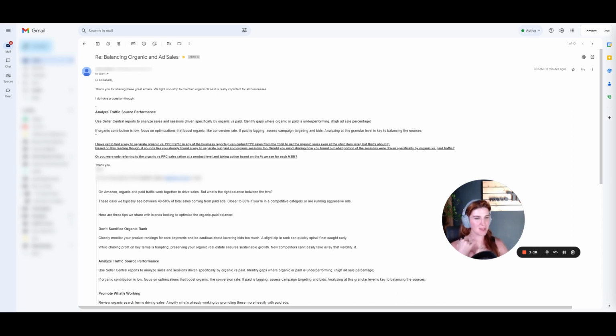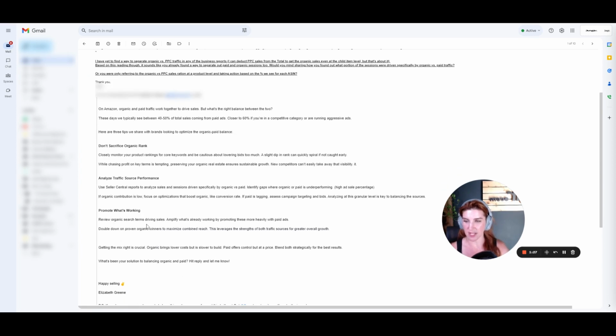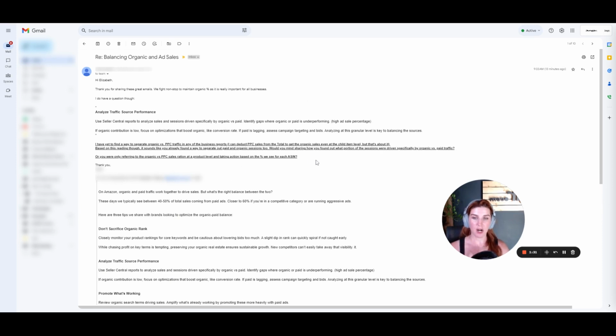Okay. So first up, I'm going to give some context on the data differences. So essentially this question, one of the 3 points in this newsletter was analyzing traffic source performance and then determining if you are maybe not aggressive enough in your ads or if you're being too aggressive with your ads. Ad sale percentage can definitely add context to that. And again, I'm going to get to that in the end when I talk about how we use ad sale percentage in context, because context is key here.